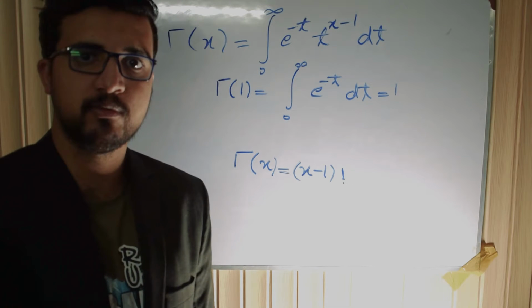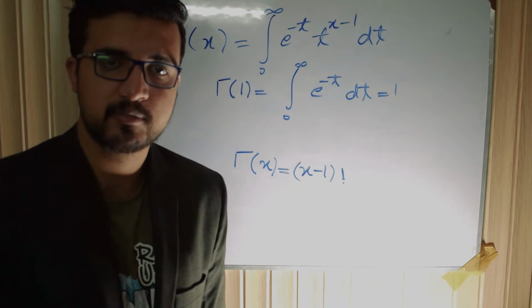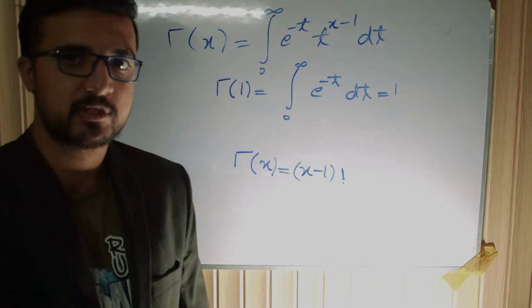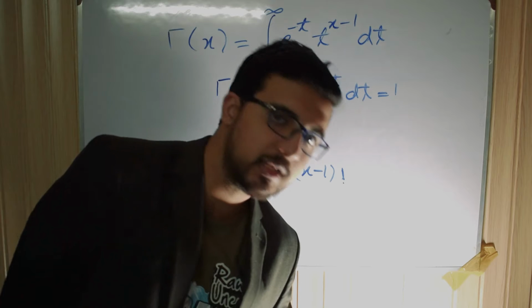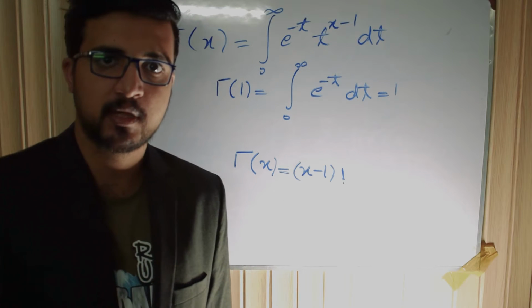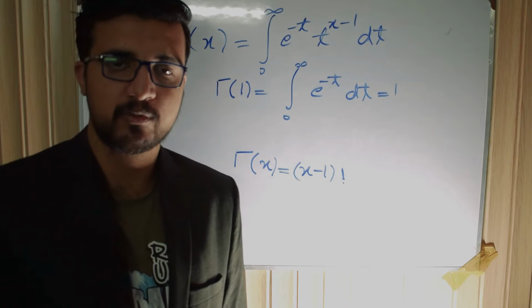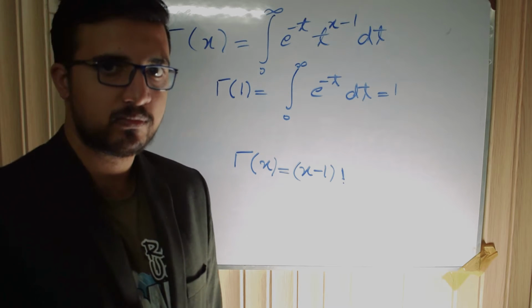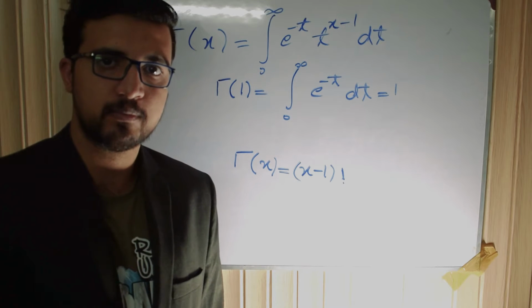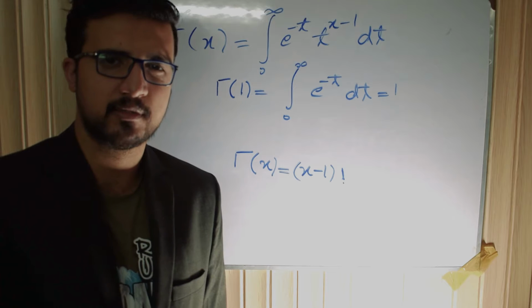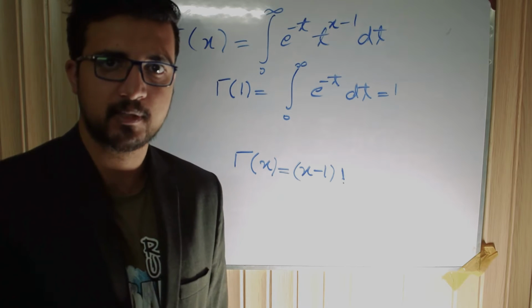0 factorial is equal to 1. In this method, most of the people use the gamma function, and I want to show that we cannot use the gamma function in order to prove 0 factorial is equal to 1. And there are two good videos on YouTube, one from the Numberphile channel and the other, I think, from Blackpenredpen.